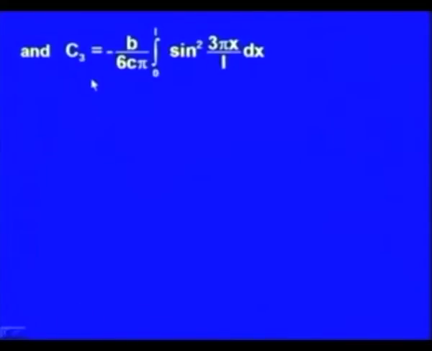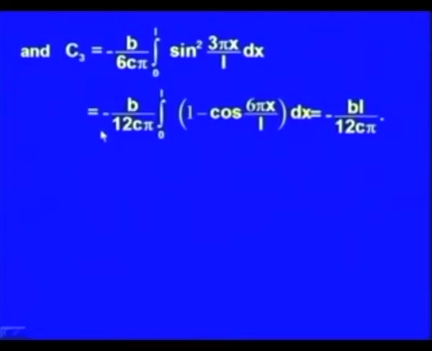Similarly, we may compute the value of C3, which is given by minus b over 6 c pi integral 0 to L sin square 3 pi x over L dx. It is equal to minus b over 12 c pi integral 0 to L of 1 minus cos 6 pi x over L dx. When you evaluate the value of this integral and simplify, the value of C3 comes out to be